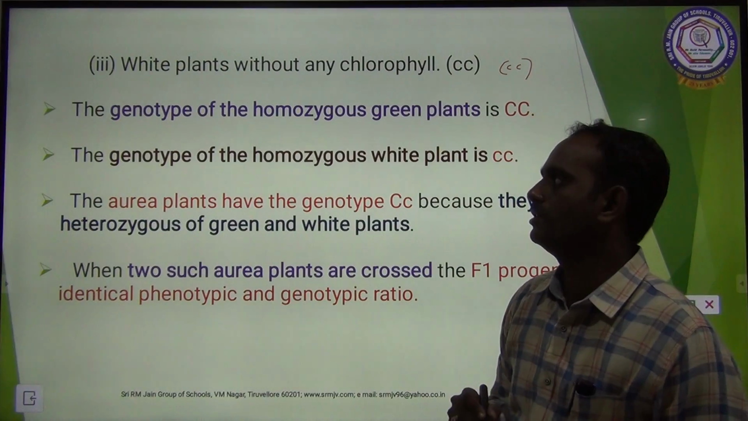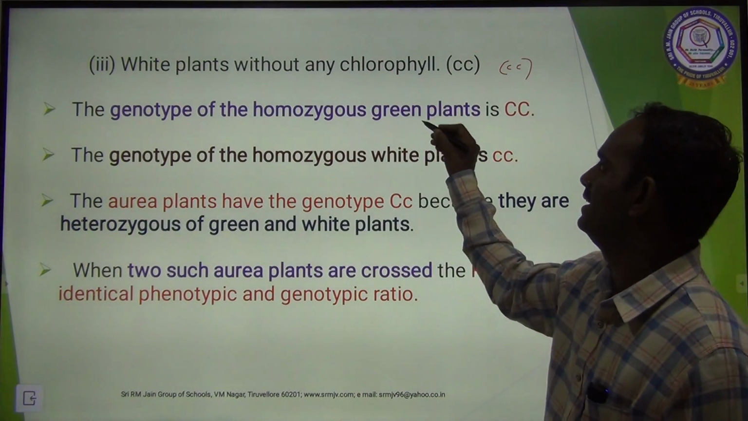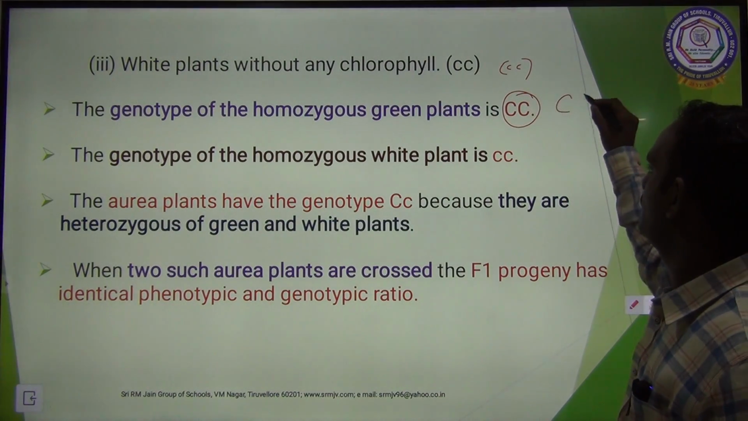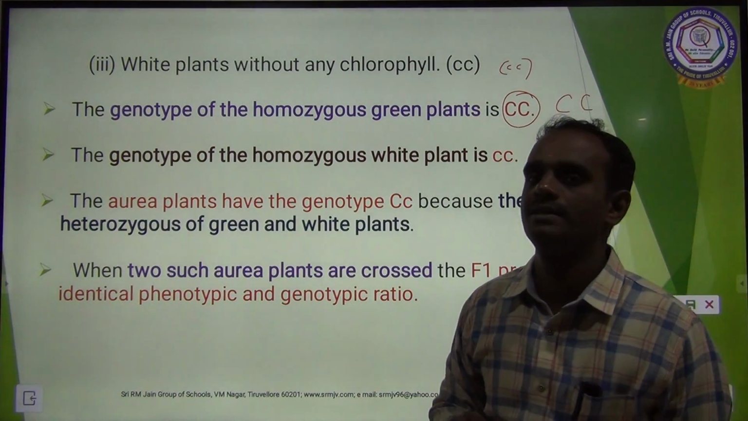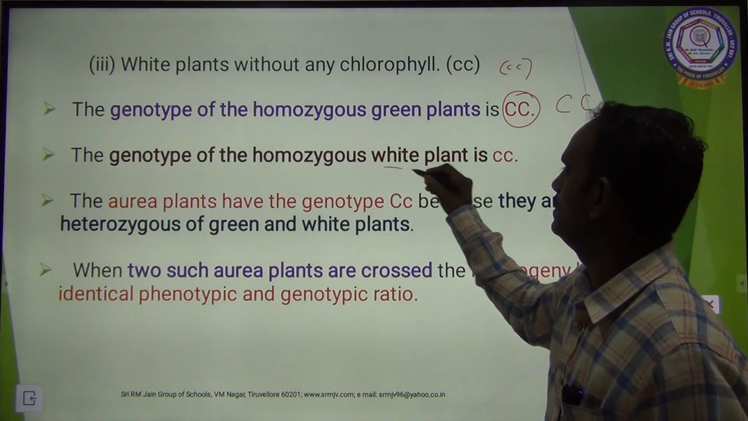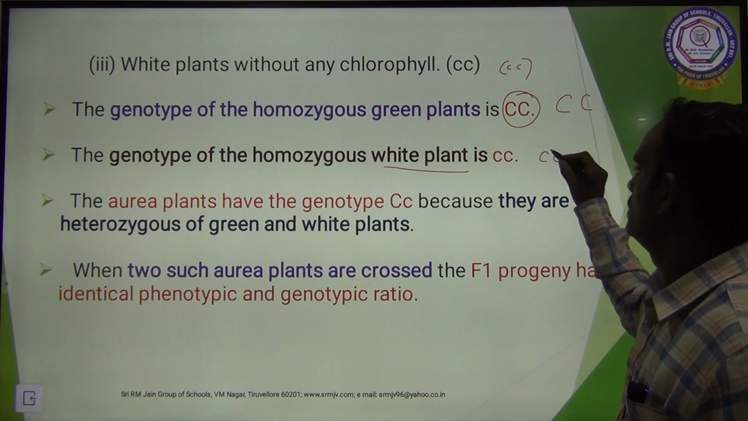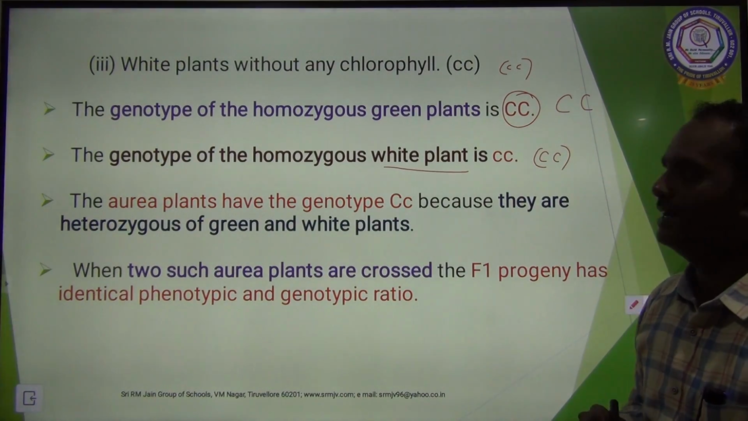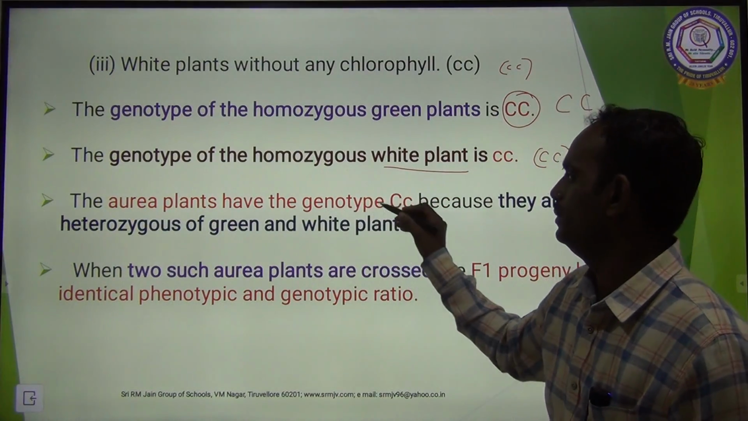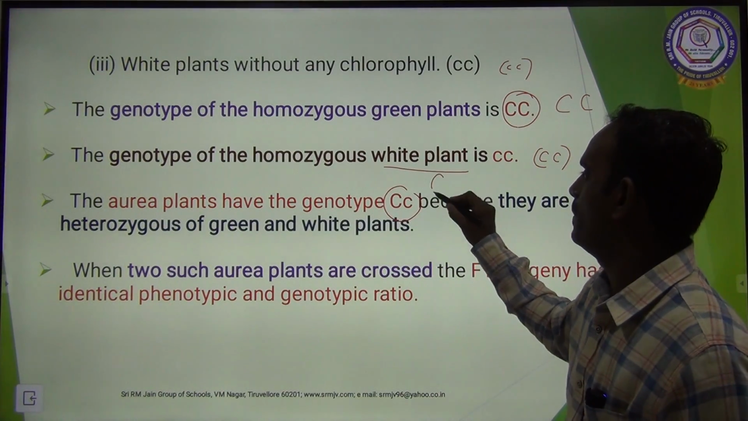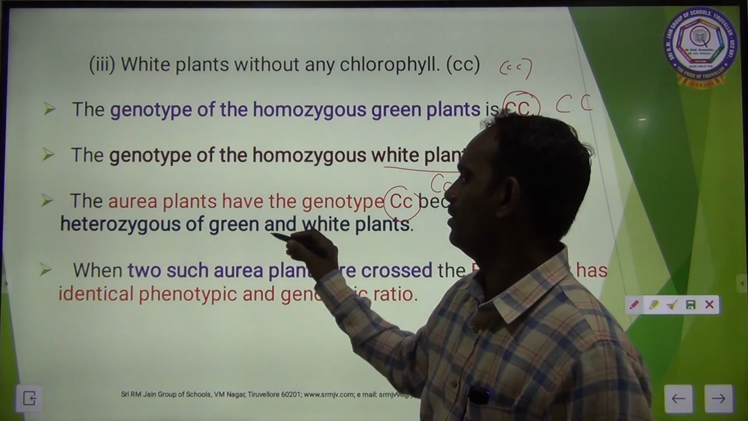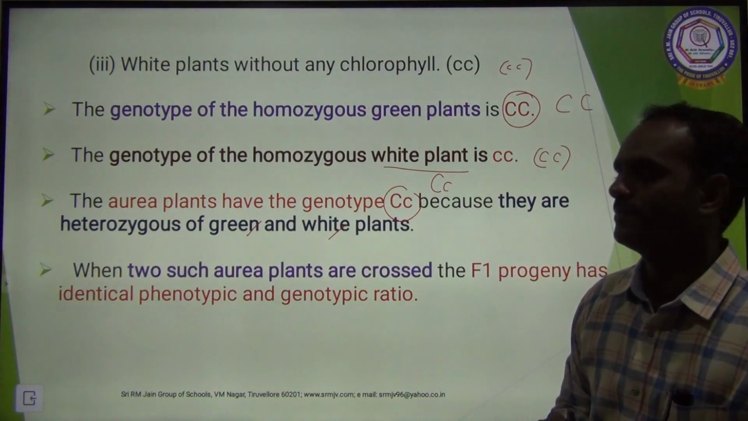Clear? So the genotype of the homozygous green plant, the gene expression, is capital C, capital C. This is the genotype of the homozygous green plant. The genotype of the homozygous white plant, white means it is recessive, is small c, small c. Clear? So the Arya plants have the genotype that is heterozygous, one capital C and one small c,